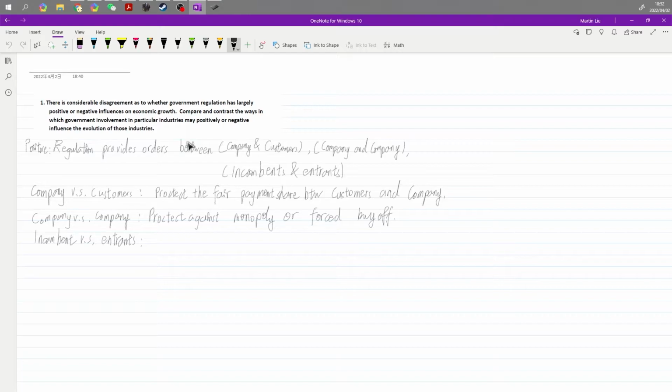But for those lesser entrants or more chaotic ones that usually jump from one market to another, this kind of not quite fair or not quite sensible disturbance, the government tries to kick them out of the competition. And regulation,